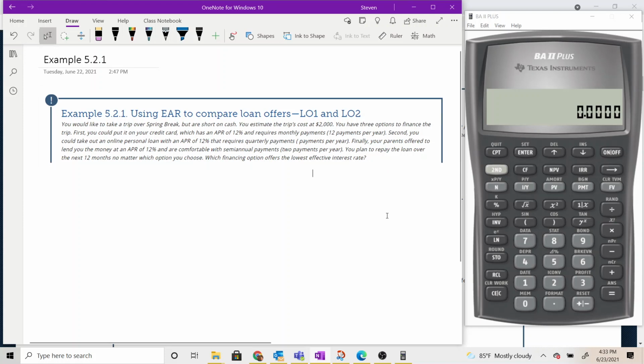Okay, so the calculations will end up being pretty simple on this one, but it's getting at an important conceptual idea, and that is the difference between an annual percentage rate and an effective rate. By law, all loans in the US and in much of the rest of the world are required to be reported as an APR, annual percentage rate, and an annual percentage rate is the interest paid per year without the